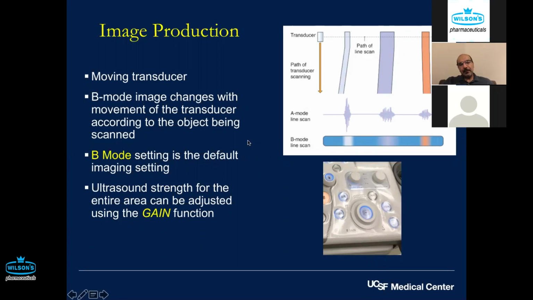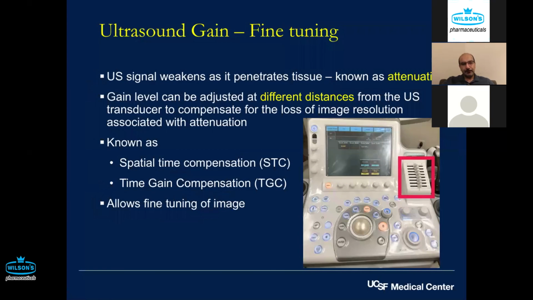The brightness of any image can be altered to make it brighter or darker to optimize the image quality. And so this brings us to the second component of understanding this: the brightness can be controlled overall of the entire screen using the, say, big dial on this big console. But then you also have a mechanism by which you can actually fine adjust the brightness at different lengths of distance from the probe. And so it'll either be mechanical keys, which can be used to adjust the brightness as you go left or right,